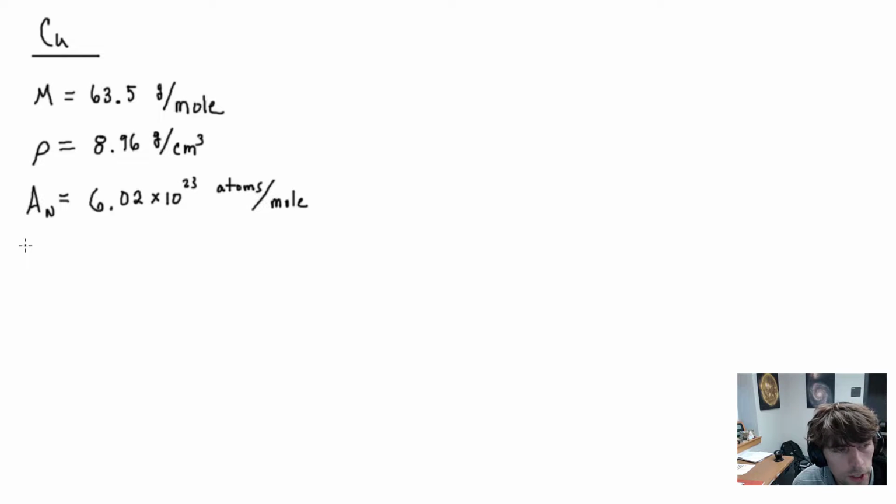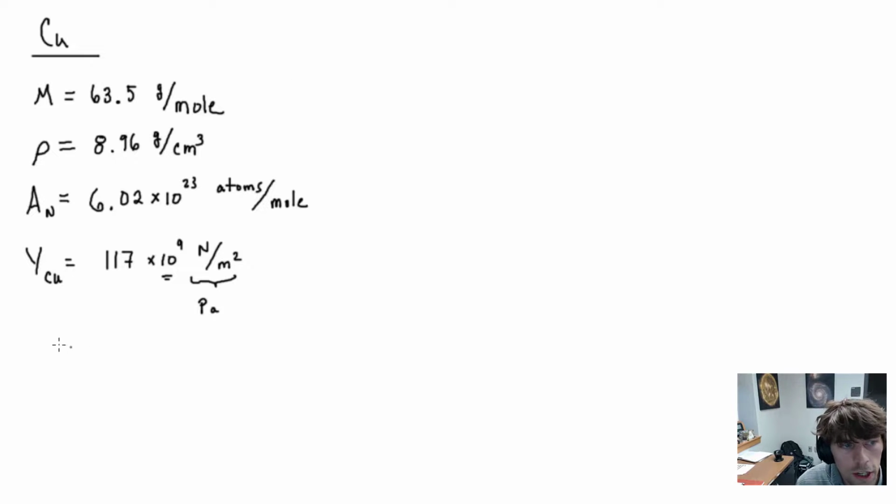And last but not least, we'd actually have to go up and look up Young's modulus for copper. And this turns out to be some astronomical unit, 117 times 10 to the 9th newtons per meter squared. Okay. 117 gigapascals. Okay, so this is known as a pascal. Sometimes you'll see this as Pa, but what it is is a newton per meter squared. So these four numbers are enough for us to actually figure out how stiff the springs are between atoms of